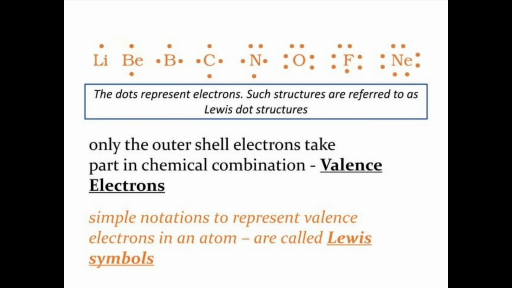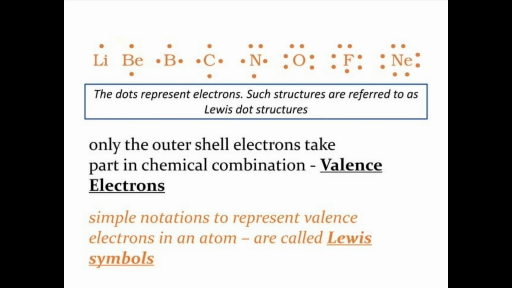Beryllium is a member of the second group, it has 2 electrons in its valence shell. Boron is an element of group 13, has 3 electrons in its valence shell. Carbon is an element of group 14 with 4 electrons in its valence shell. Nitrogen of group 15 has 5 electrons in its valence shell. Oxygen has 6, fluorine has 7, and neon has 8 electrons in its outermost shell. These structures of elements are called Lewis symbols,